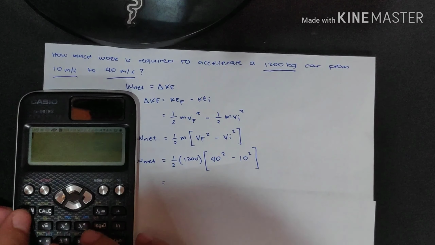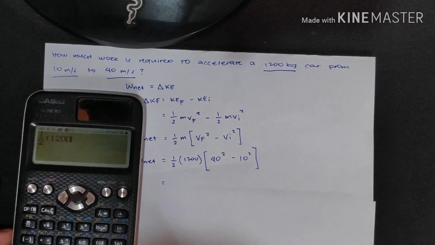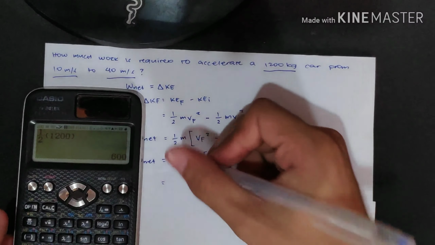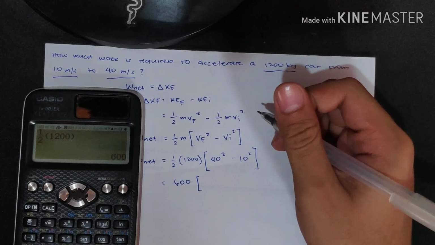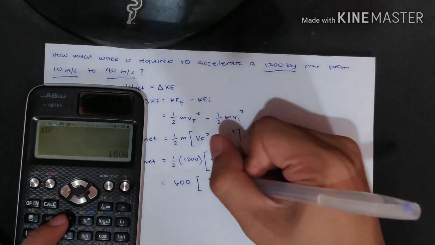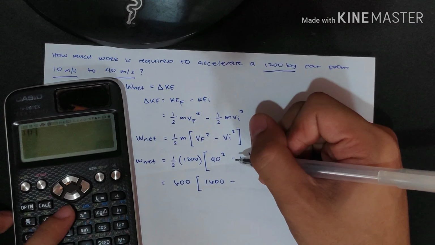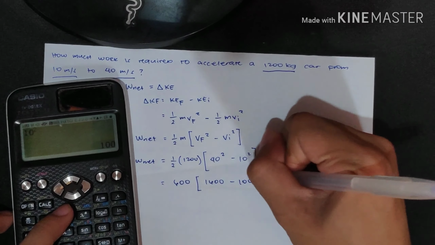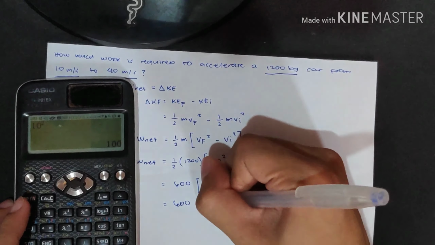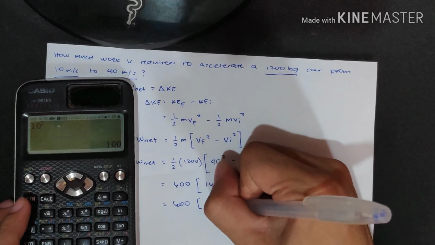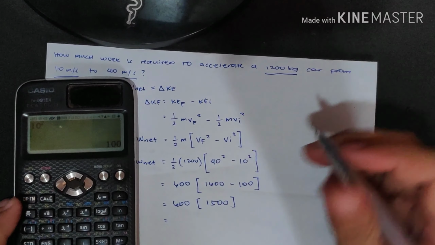So 1/2 multiplied by 1,200 is equal to 600, times 40 squared, 1,600, minus 10 squared. So 600 times 1,500 is equal to